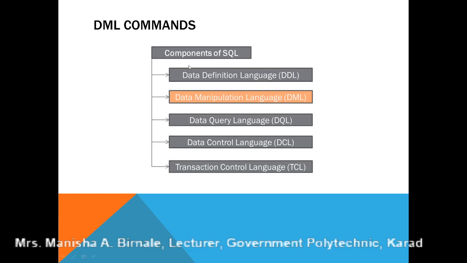These are the components of SQL. There are a total of 5 components of SQL, and in the previous lecture we have seen the first component, that is data definition language. It consists of commands for defining data. It includes commands like create table, alter table, rename table or column, etc. Now let us see the second component of SQL, that is data manipulation language.